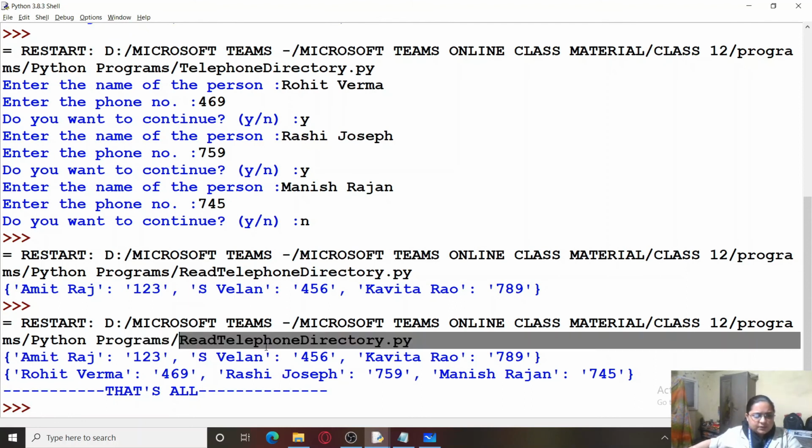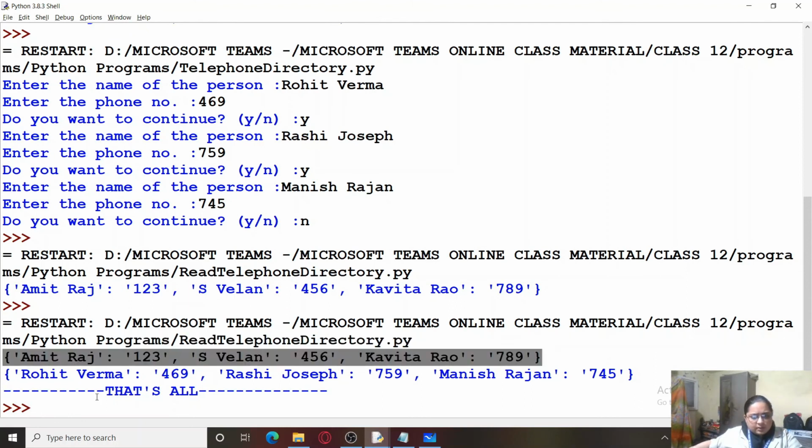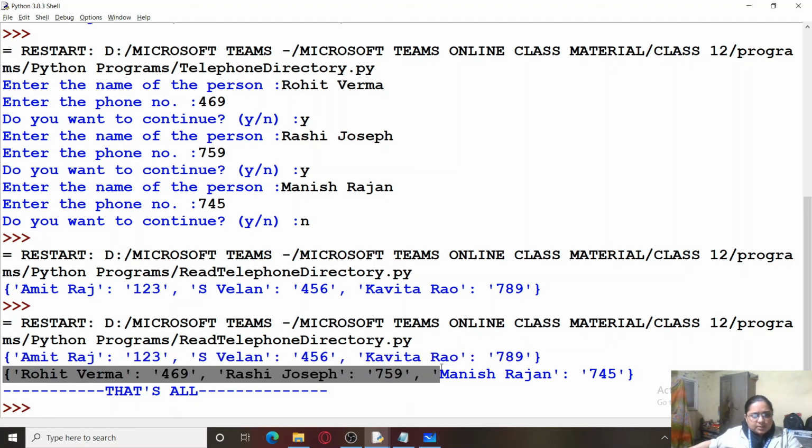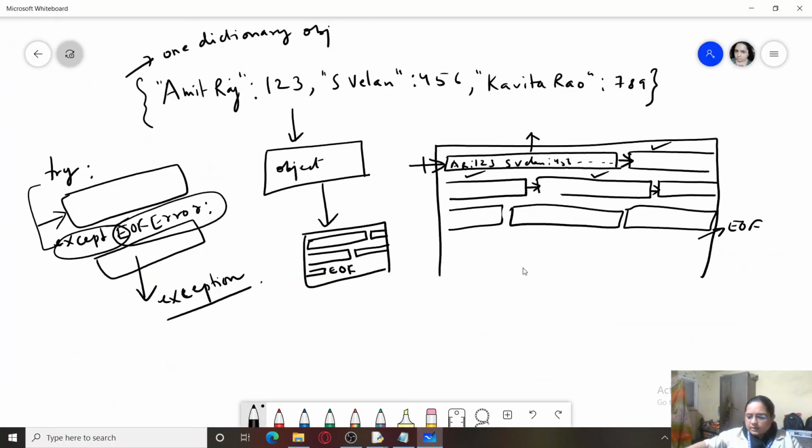The first one which we created on the first run of the program, and the second object which we created after changing the file mode to ab, that is append binary. With the help of that, a new object consisting of three more names was added to the file. This way, as many times as you want, you can run your program, and your program is going to complete its execution only